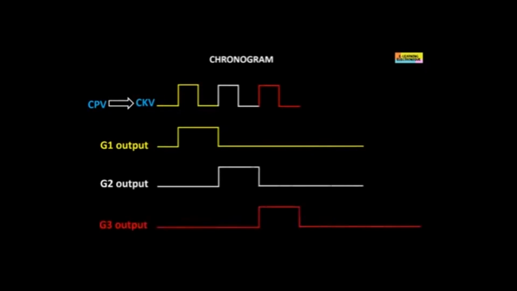Here is a chronogram that represents the correspondence between CPV or CKV and the output signal of the gate driver. At the rising edge of the first clock pulse, the first output of the gate driver called G1 is activated. Note that the activation time of a line is equal to the duration of a clock pulse, which includes a high clock level and a low clock level. At the second pulse of the clock, still on its rising edge, the second output of the gate driver G2 is activated while the previous output G1 is stopped. The same process will take place successively until all the gate driver outputs are scanned. The disadvantage of this process is that there is a certain waiting time between the activation of each